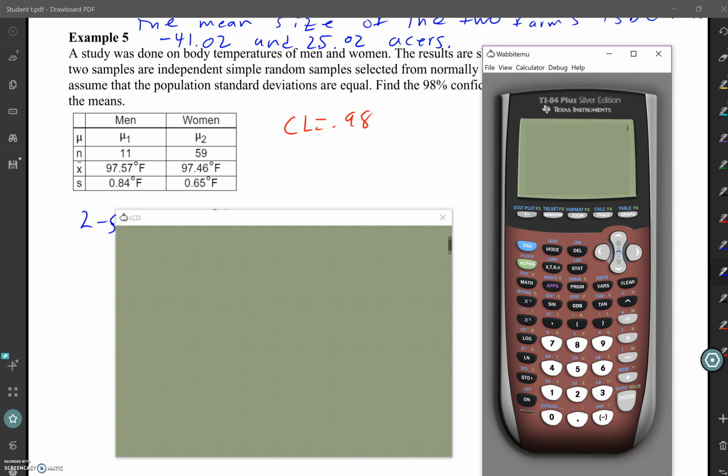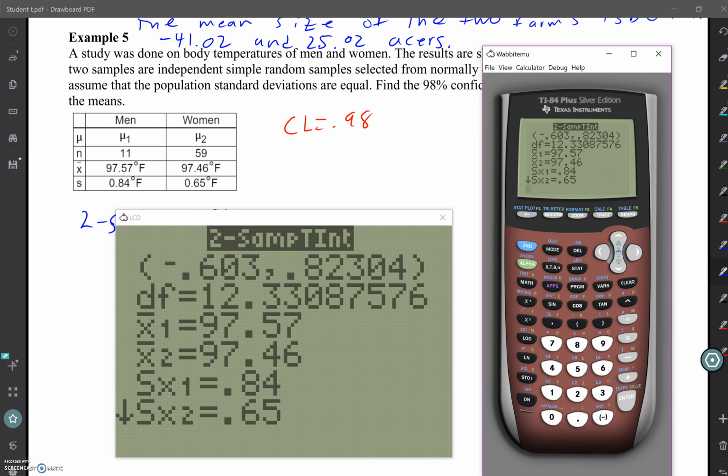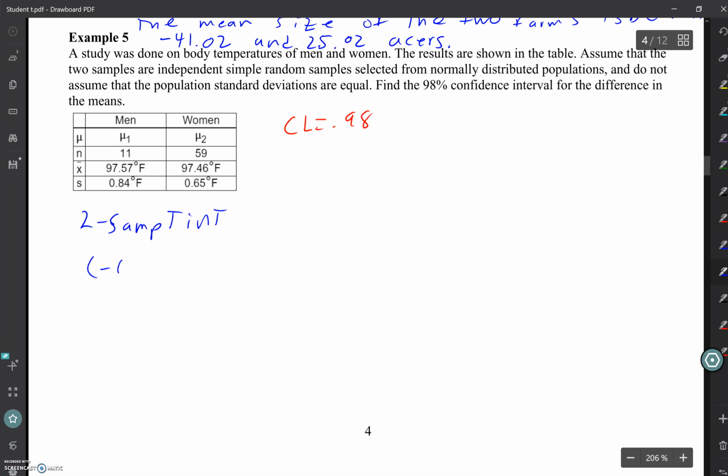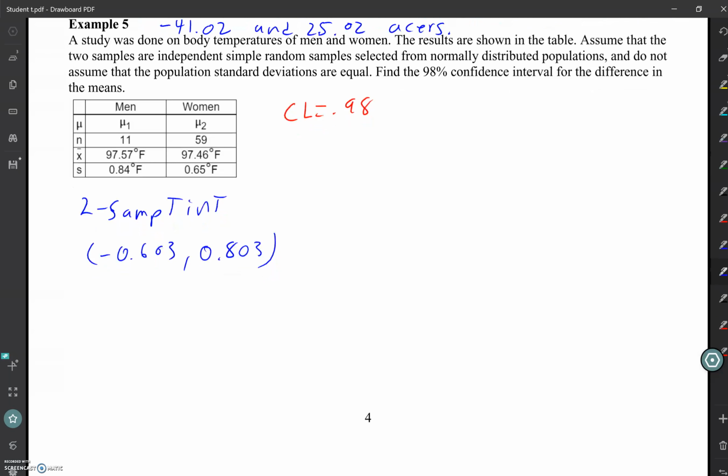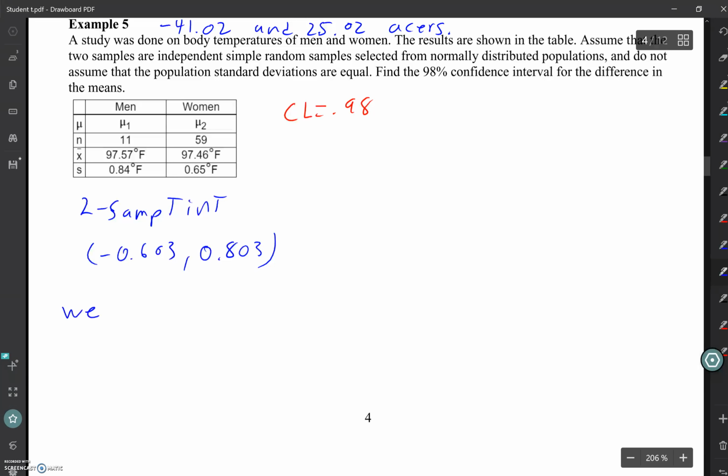All right, let's see what it gives us. So we're going to get a negative 0.63 and a positive 0.823. Did everyone get the same thing? What would you tell me about that? We are 98% confident that